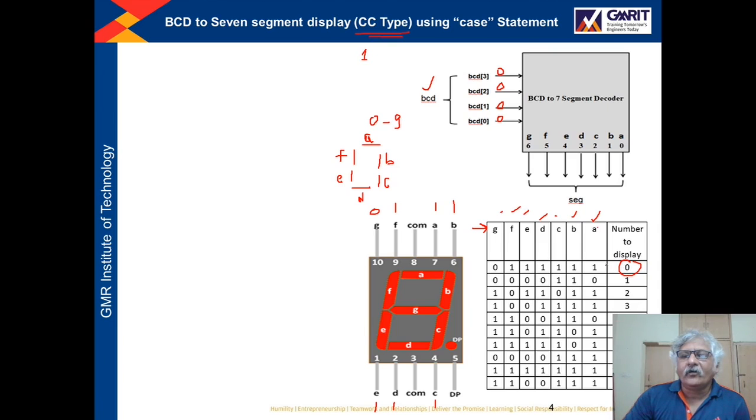So to display 0, at A we have to send 1, at B we send 1, at C we send 1, at D we send 1, at E we send 1, at F we send 1, at G we send 0, right? In the same way, we take another example. Suppose we want to display 2. How will 2 be displayed? 2 will be displayed in this way,